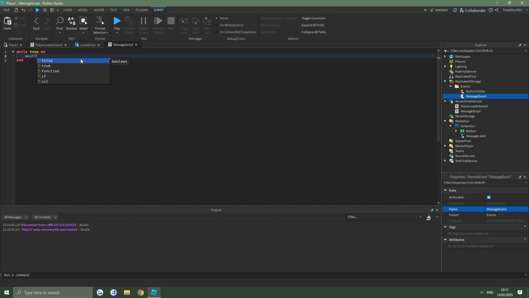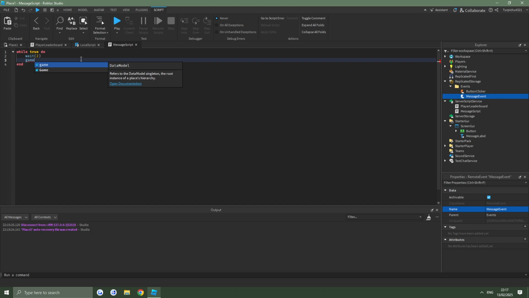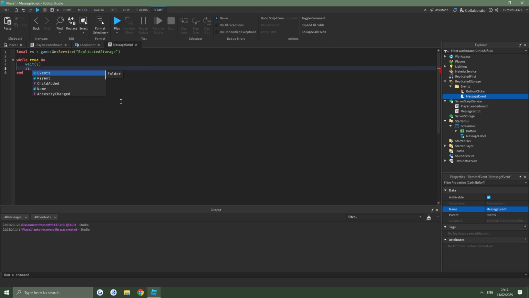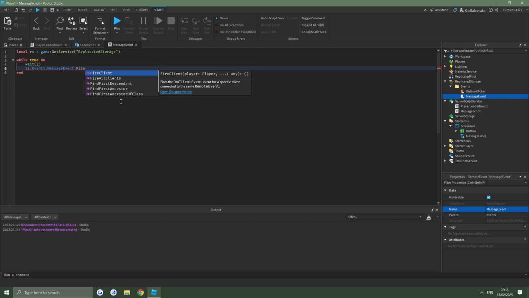I'm going to add in here wait 2 seconds, and then I'm going to make a variable for ReplicatedStorage. You can just name it RS or ReplicatedStorage, whatever you want. I'm just going to do RS, just to keep it short. So game:GetService("ReplicatedStorage"). It just makes it simpler to refer to it. So I'm going to do RS.Events.MessageEvent. Technically this could be a variable as well. And then I'm going to do FireClient,